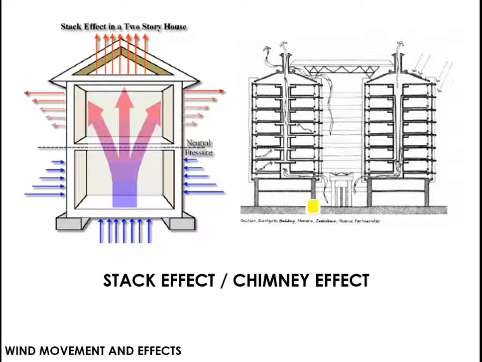So we understand the wind generally moves in one direction. Okay, so if you have two windows, it's called cross ventilation. We also understand that warm air tries to rise up. Okay, so it's a natural phenomenon during your daytime. The warm air tries to rise up because of the radiation effects, and the cool air tries to descend down. So this is a natural phenomenon which takes place inside a building.